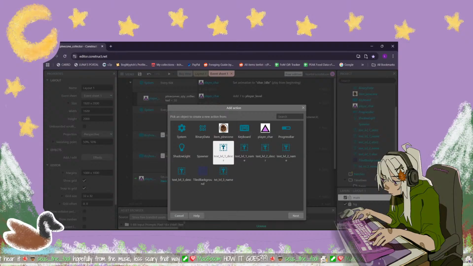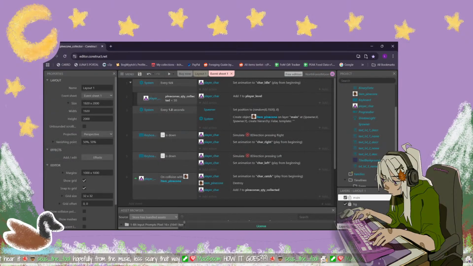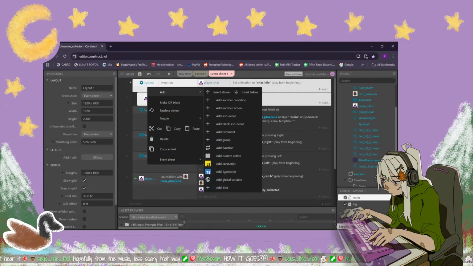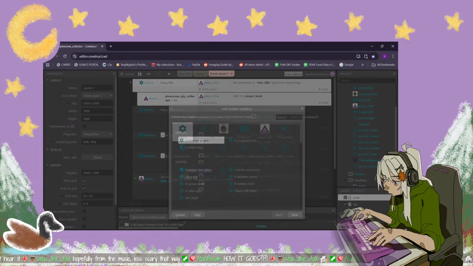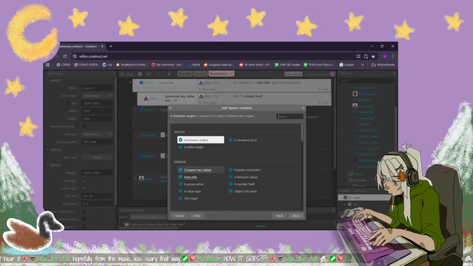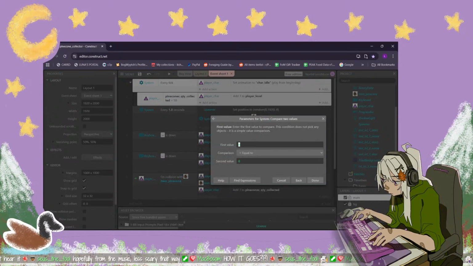I need this to turn. I need to compare. No. I need to do condition. No. Add sub-event. Alright, compare. Whatever, I'll just do this. One player character, player level is equal to